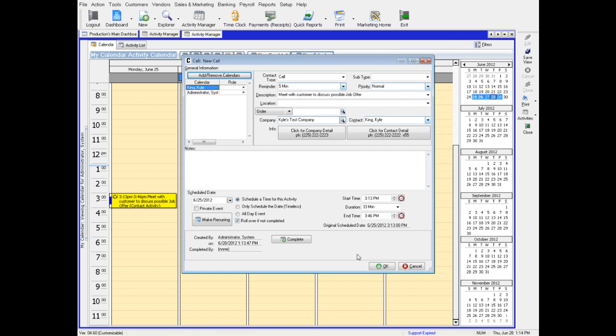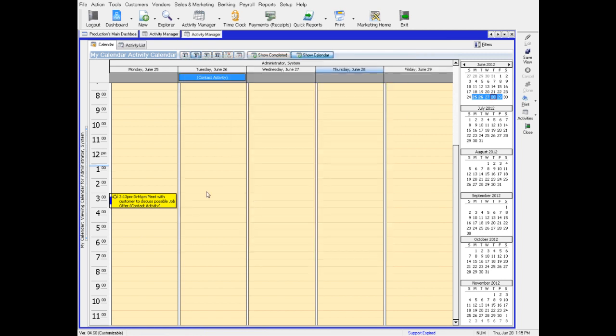So once I save the activity, this activity will show up on both of our calendars so we can both see that we have a call coming up with this customer at 3:13. So I click on OK, and it puts the activity on my calendar list for me to be able to see. The nice thing that does is if I pull up that particular company's record,